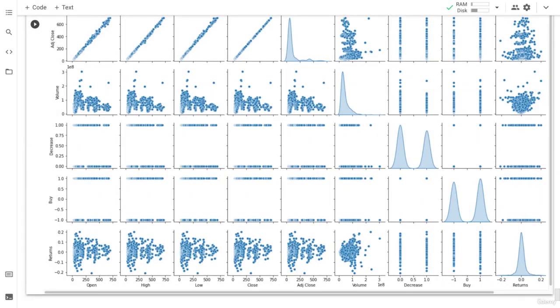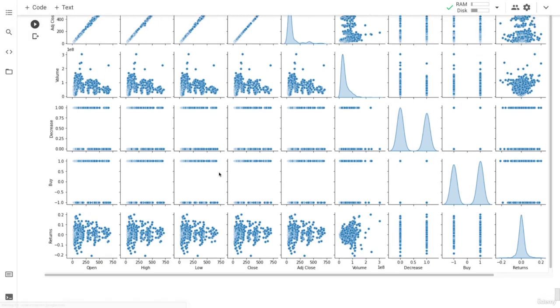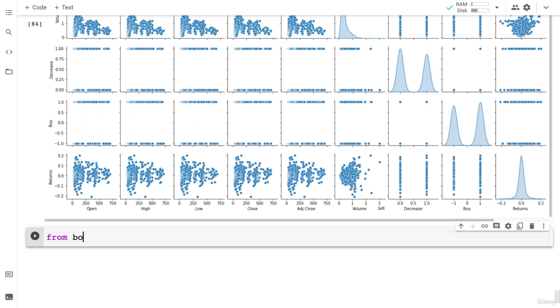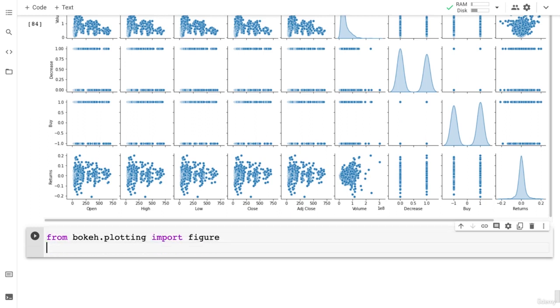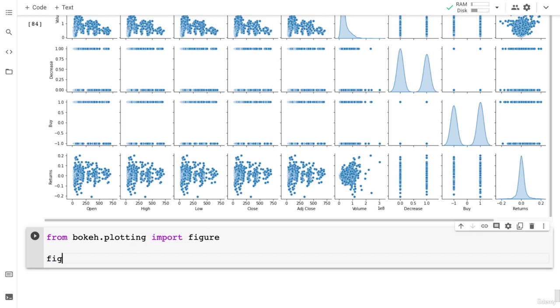In this lecture we are going to use another library known as Bokeh in order to create our charts. We'll start with a line chart. I'm going to create a new code cell here. Then from bokeh.plotting I'm going to import the figure function. Then I can call this figure function and I can plot in here to create a new figure with Bokeh